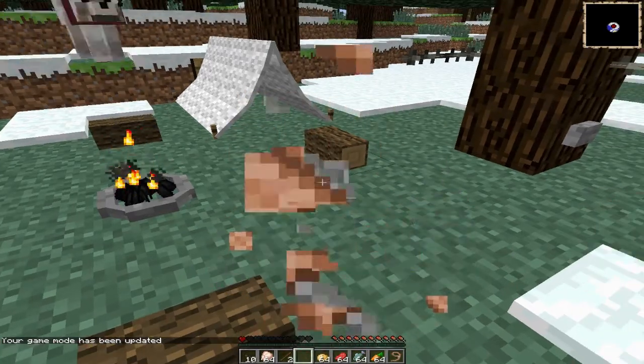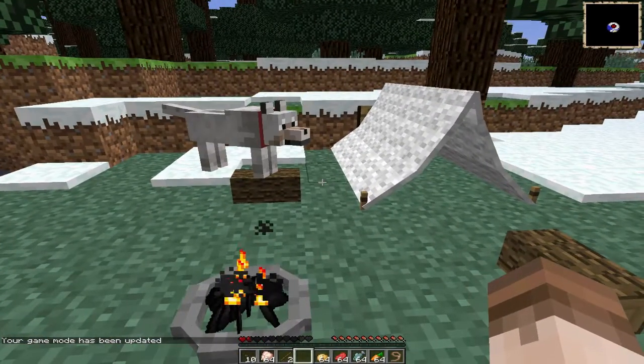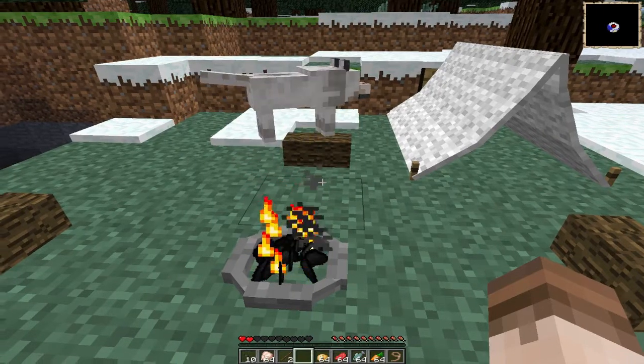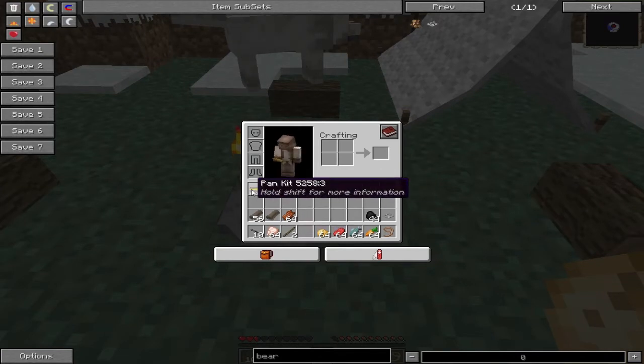If you eat the marshmallow, it gives you an iron stick in return, I believe, which is really nice. You don't actually eat the iron stick. So that's that. And then you can also cook different items over the